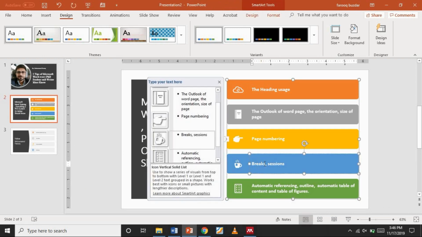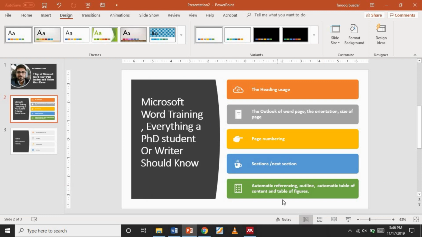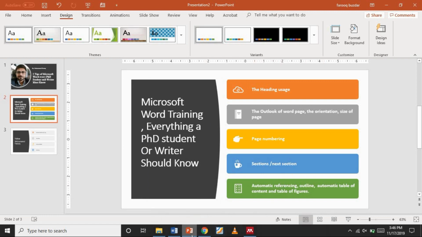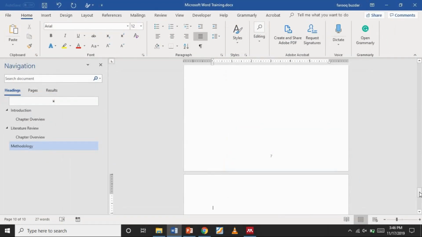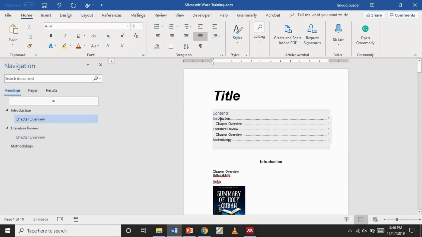Yeah, and I have also explained the breaks and the sections, the section breaks, which you can use in the next section. We discussed this in this section. Okay, now as I have said, these things help you in making the outline, making the tables, making the references and everything. So how you can make the table of contents, as I already explained, is this way: